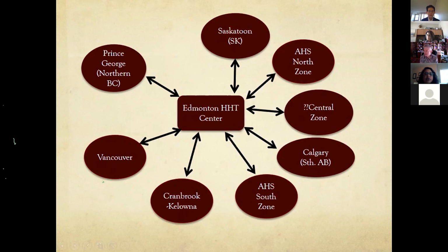Cranbrook and Kelowna for Interior Health is just developing. The last 5 years, I've worked with a lady named Lori Wick there. So things like pregnancy, iron management, all of that, if we can do it in their health region, particularly in Canada, that's important instead of traveling to different provinces,